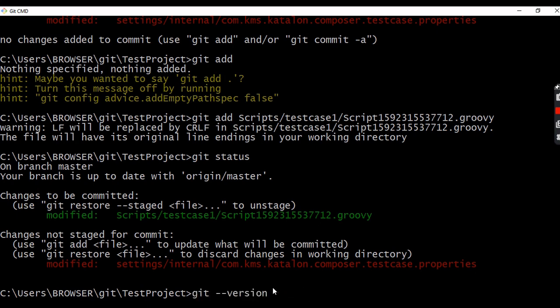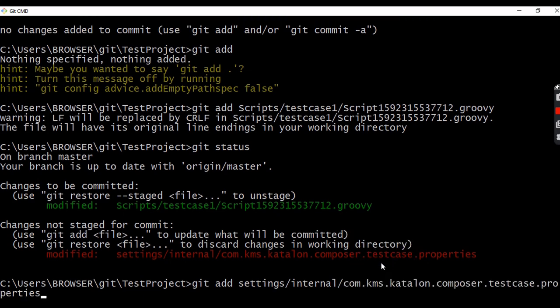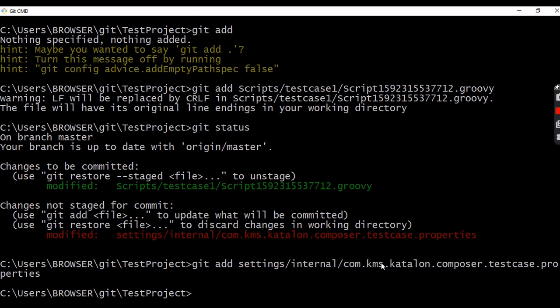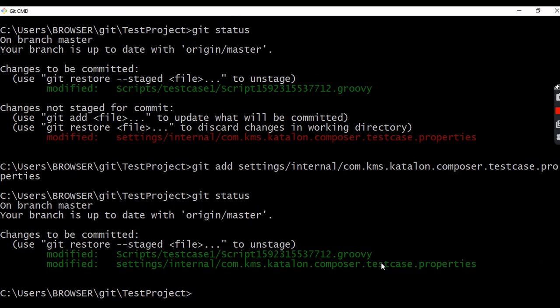I will give the command git add. I will go to this path settings slash internal, and I will paste the file name which is copied, and I will enter. Now if I go and check the status again, both the files are modified and are green.